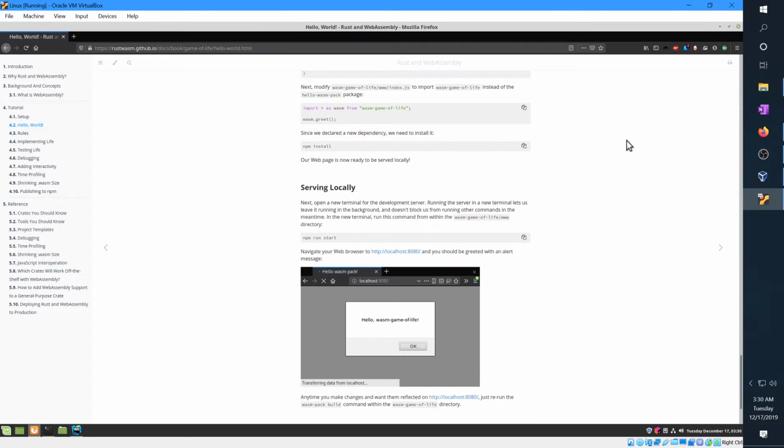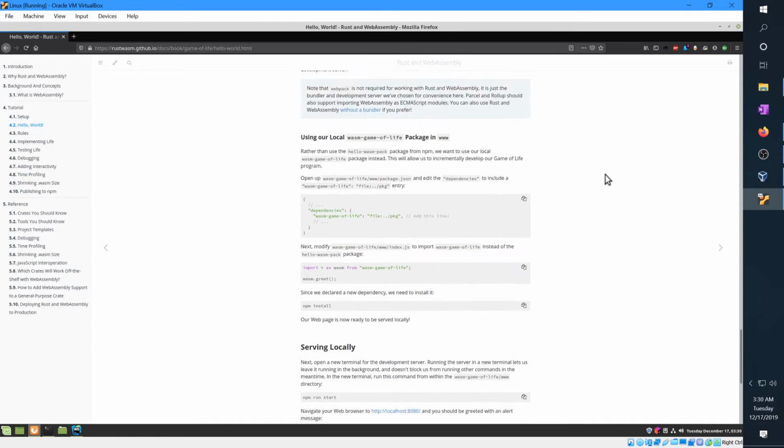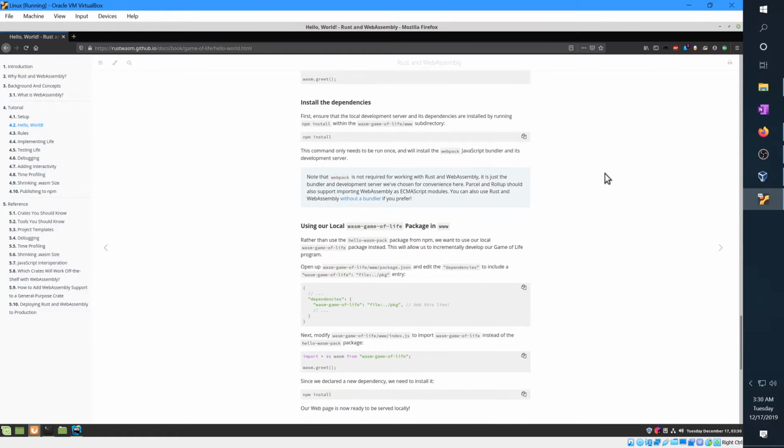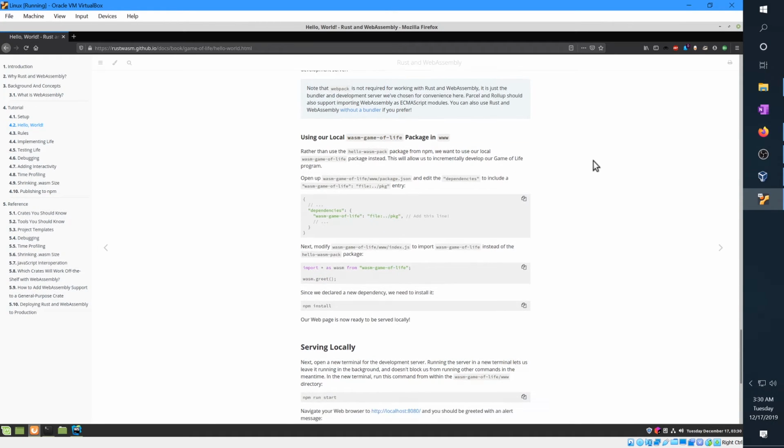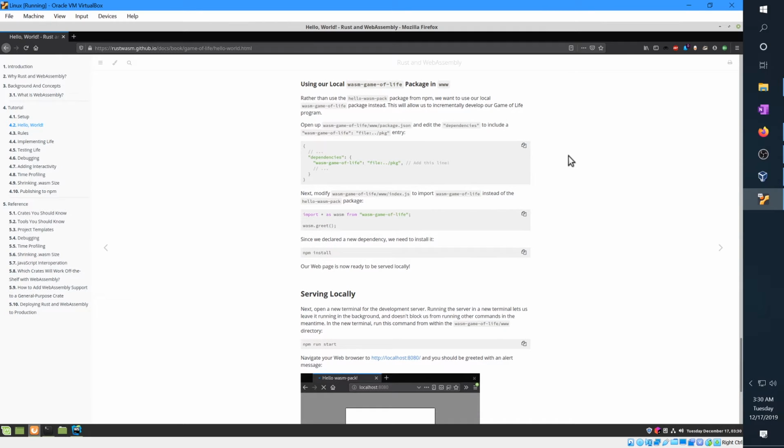So we did the npm install. Our web page is now ready to be served locally. Oh wait, we still have npm install. I scrolled down too far. Using our local Wasm Game of Life package in www. Rather than use a hello Wasm pack for npm, we want to use our local Wasm Game of Life package instead. This will allow us to incrementally develop our Game of Life program. Open up Wasm Game of Life www package.json. Okay, so